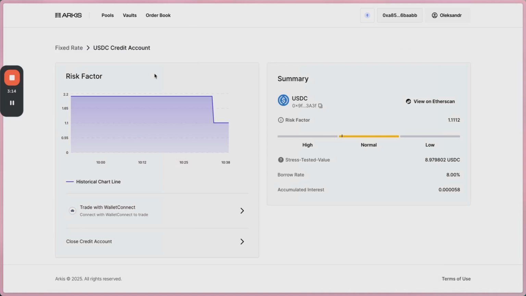Let's wait a bit to make sure that the USDC has been deposited into the margin account, and then initiate